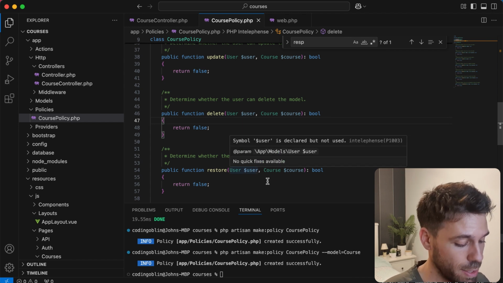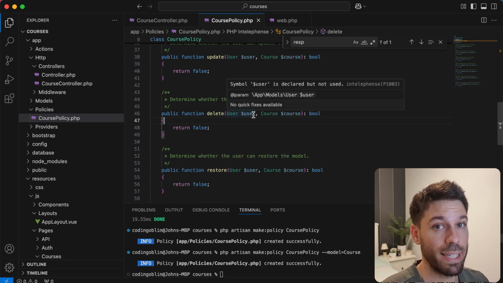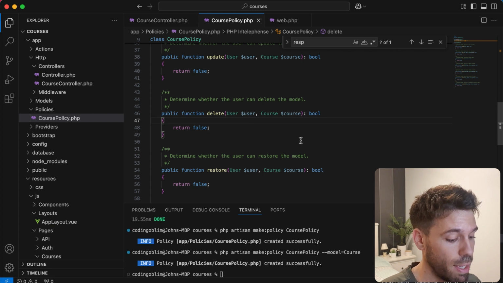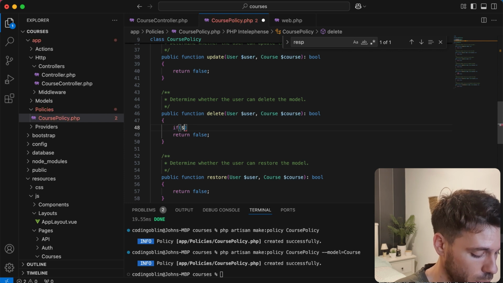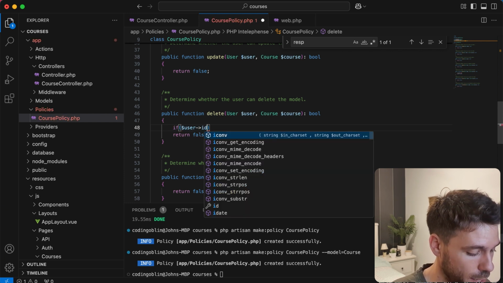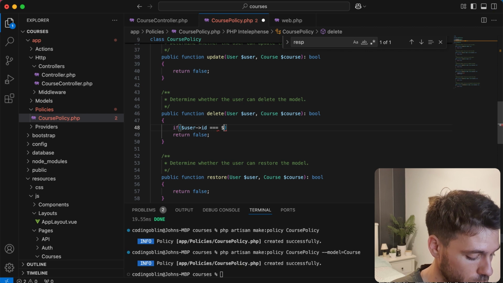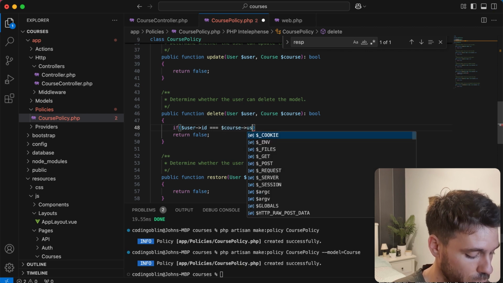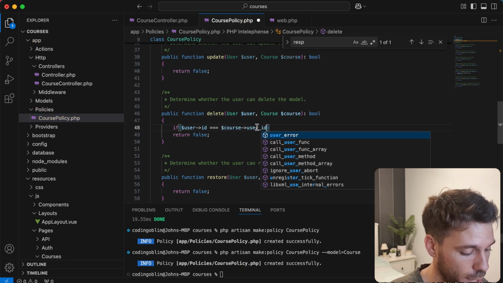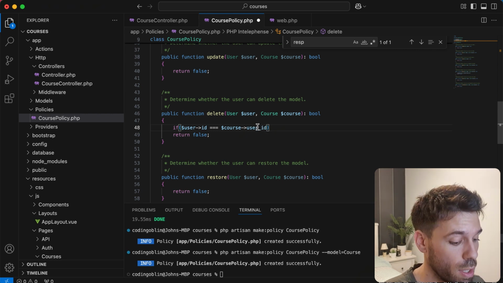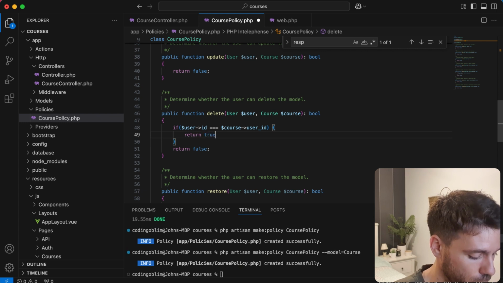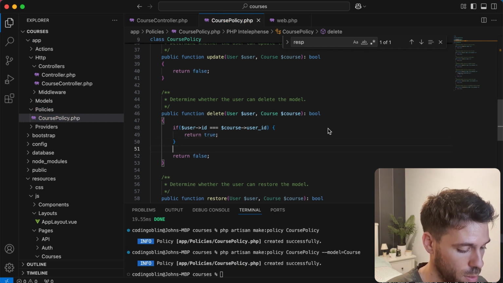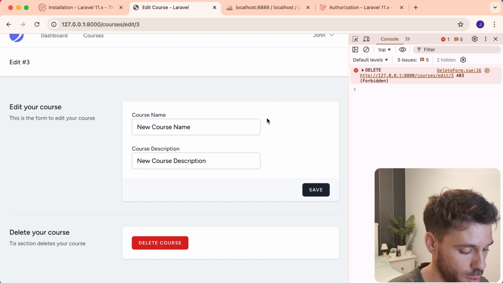But what we want to say is, if the currently authenticated user ID matches the user ID on the course model, then you can delete it. So we're going to say if user ID equals course user_id, because that's a column on the courses table, return true. So now, when I do it,